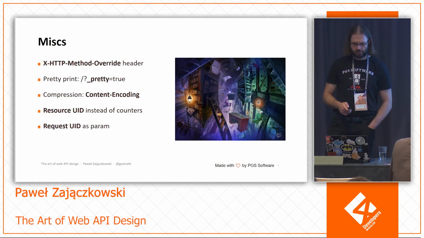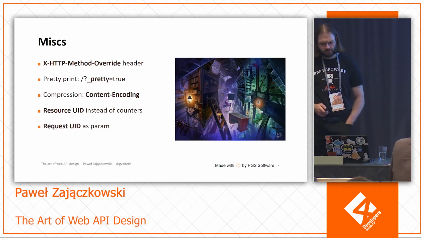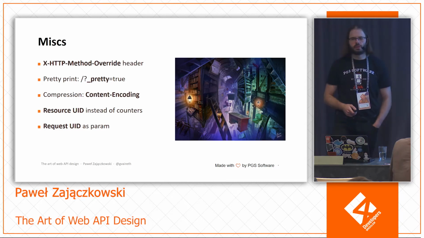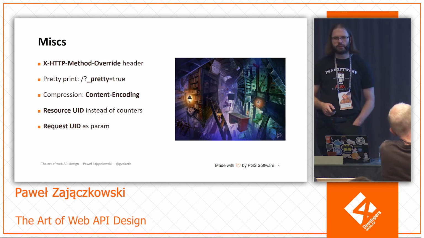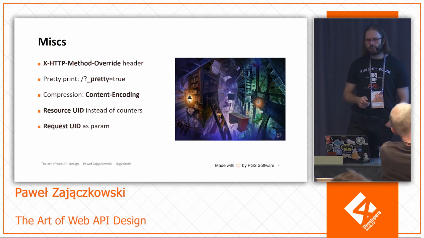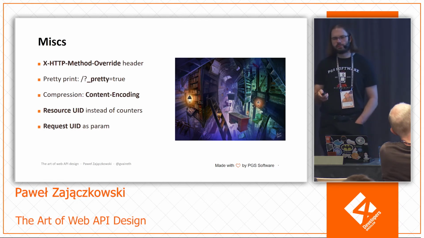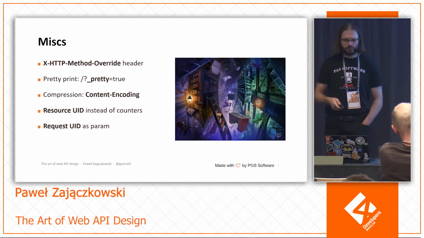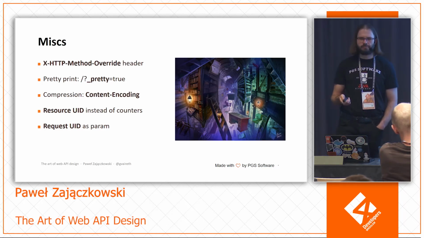Okay. Coming to an end, miscellanea. So what I mentioned about disabilities, if we have a proxy that only allows GET requests, we have this X-HTTP-Method-Override header, and we can specify the actual method that we want to call. We can provide an option, maybe it's not very relevant with modern browsers, but there's an option to prettify the JSON response. So we can add some pretty parameter, and then it says add new lines and spacing to the response. Sometimes useful. On the other hand, if you want to zip the response, there is a standard header for that, Content-Encoding for compression.